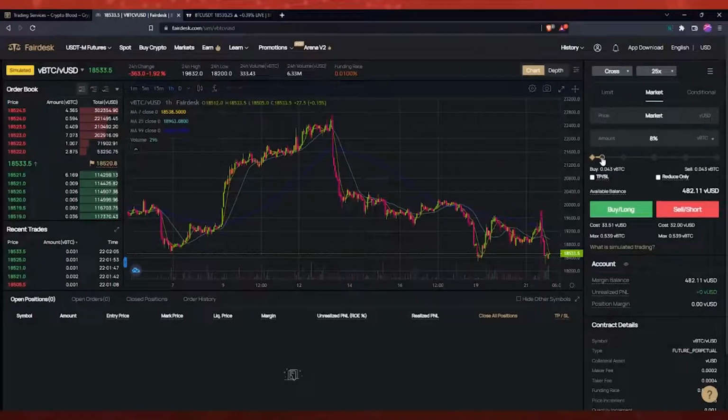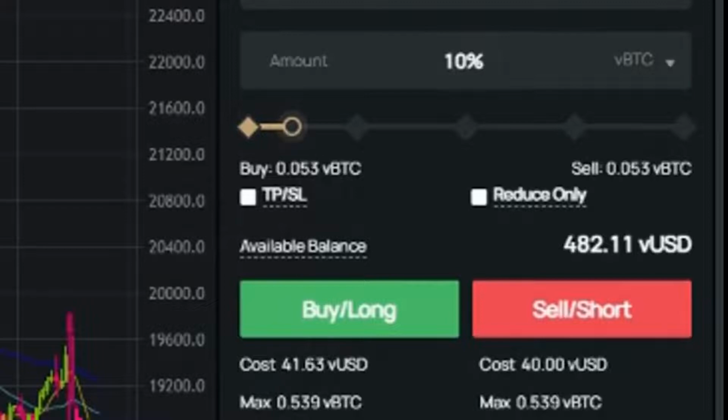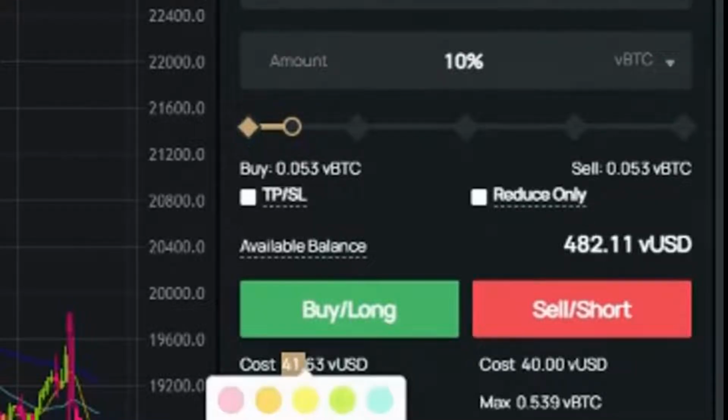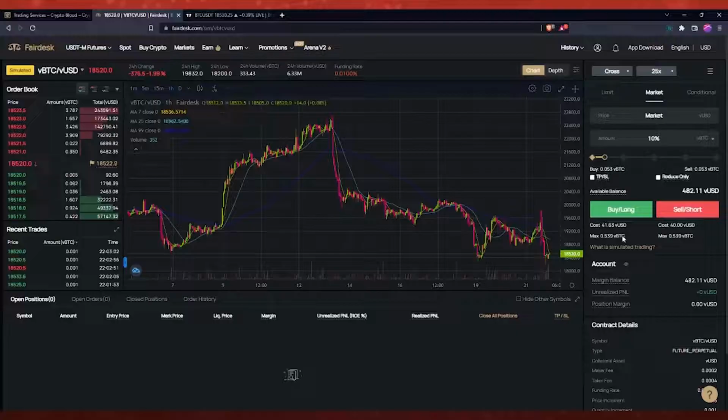With that being said, if you move over to 10%, you'll see below it says cost for this trade. That's the margin you're putting up, which is 41 bucks. That's roughly 10% of your available balance times your leverage. So that will give you the actual amount you are trading in that particular pair. So in every trade, you want to make sure you do a market order. You have your leverage set to 50 to 55x, somewhere around there,